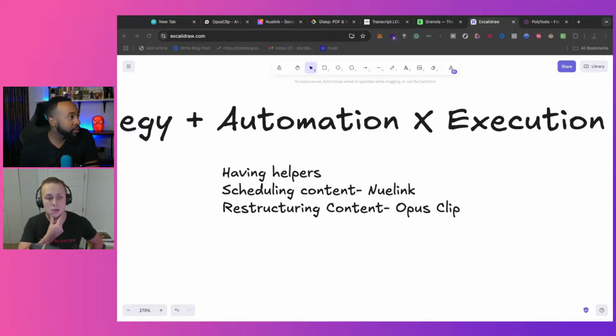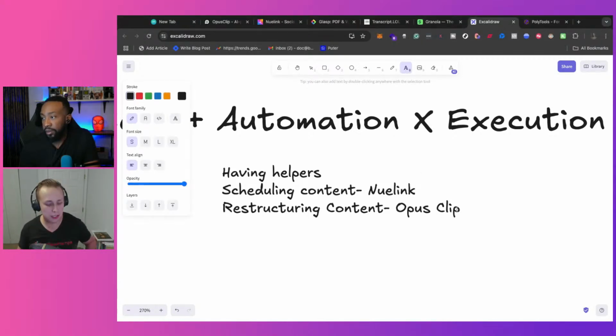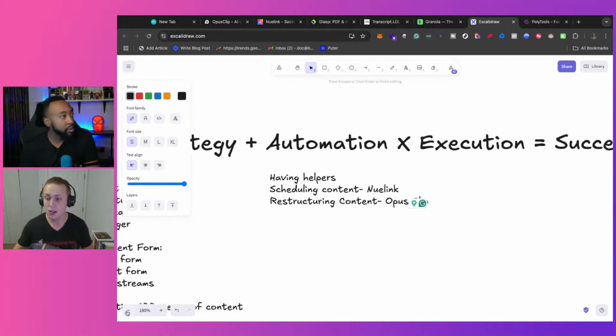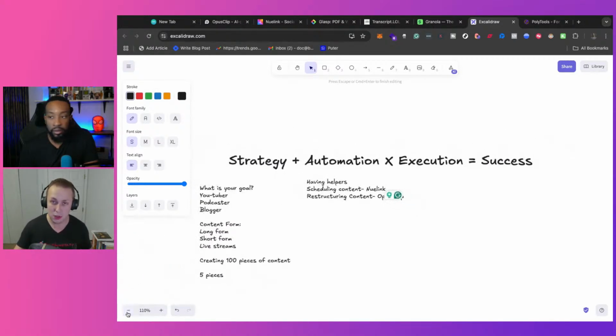Let me mention another thing when it comes to automation. This kind of goes into strategy a little bit, like you're planning your strategy, but you're using automation to remind yourself. I use Obsidian for my knowledge management, but I also used Notion in the past. These tools allow you to organize your ideas and structure. Right now I'm looking at Obsidian with the ideas that we're talking about, and I would put this under automation probably.